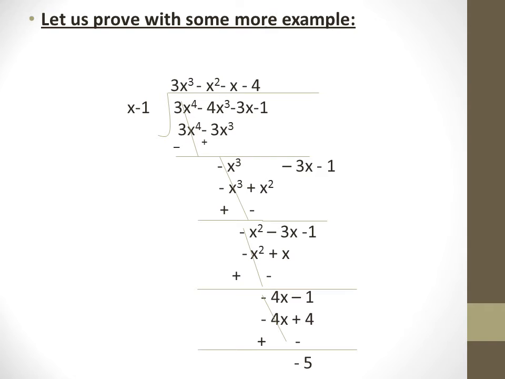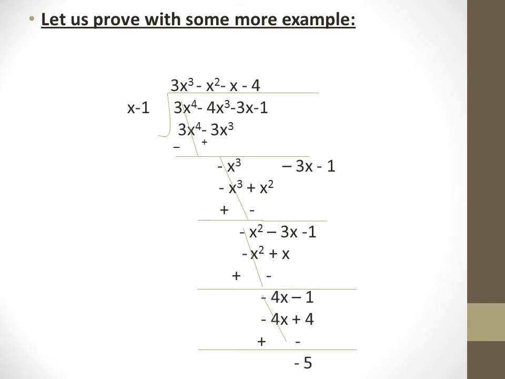Divide this minus x cube by the first term of the divisor, that is x. You will get minus x square. Write it in place of the quotient only. Multiply this new quotient with the divisor and write minus x cube plus x square. Here the second term you get after multiplying is x square. There is no term in the new dividend with degree 2, so I have kept the space above blank because there is no term with degree 2.